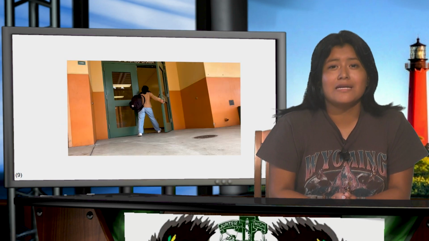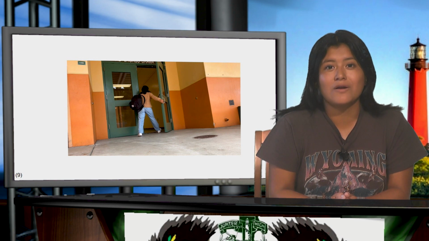Mise en scène, costume. For costume, my partner and I decided to have the protagonist wear a crop cardigan and jeans to mirror the current weather prior to the scene.